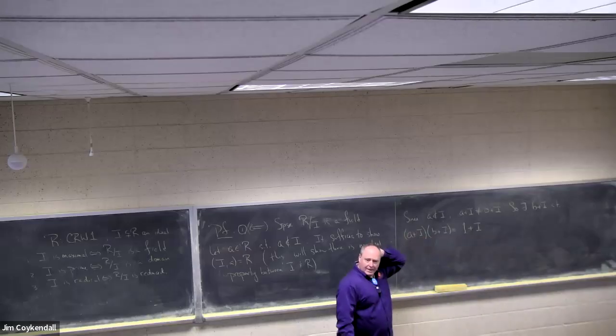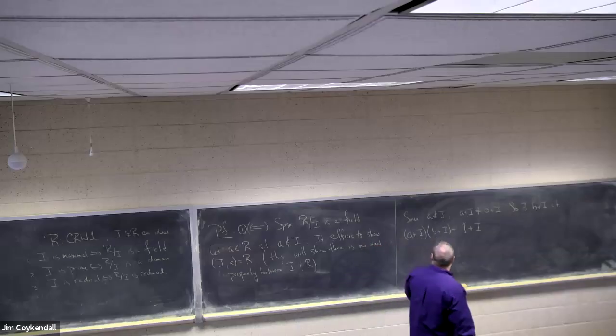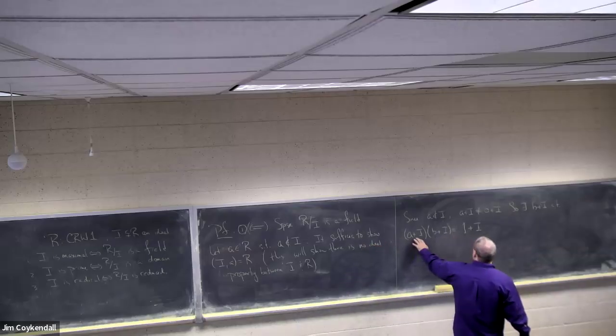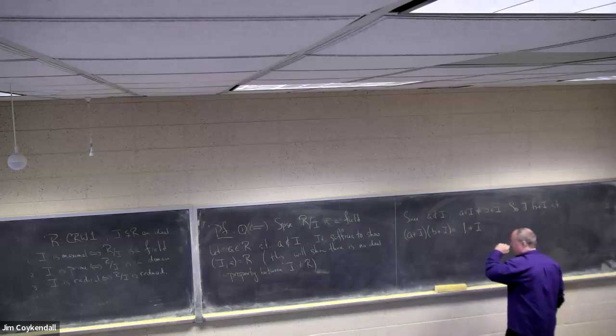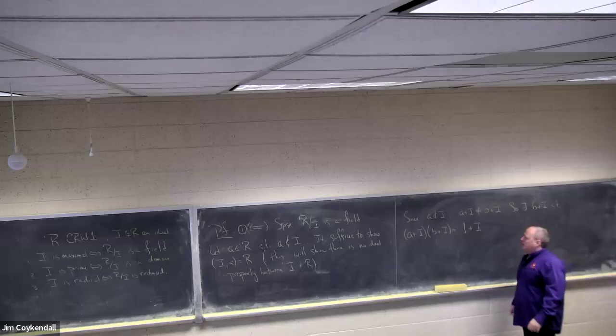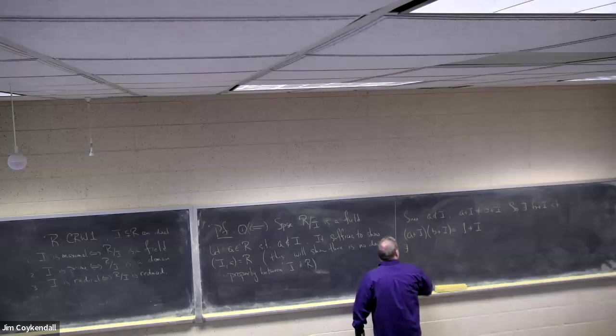Now, I'm going to write down what this means. Element-wise, the coset A plus I times the coset B plus I is one plus I, right? That means that there exists, what do we call it,